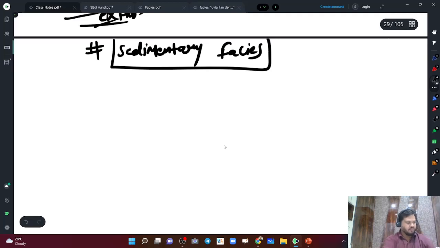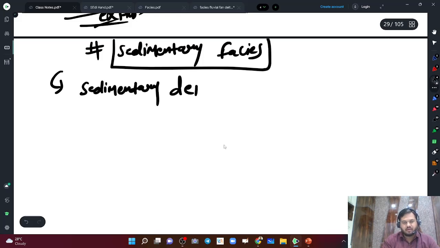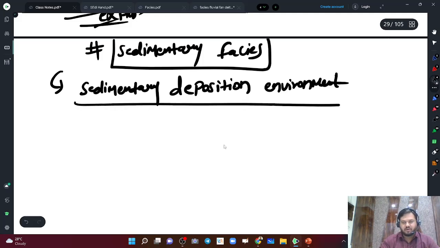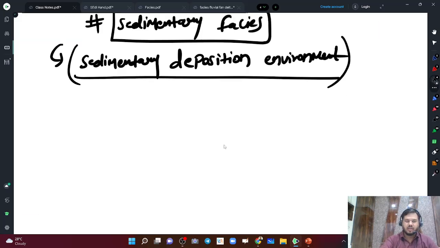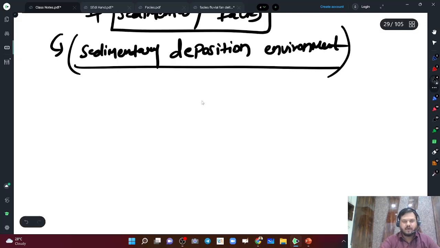Okay, so now our topic is sedimentary facies. So basically, in this topic, we will mostly be reading about sedimentary deposition environment, right? And this is the most important topic, right? All sedimentology is focused on this only, depositional environment, right? Apart from paleocurrent indicators, all those things, this is very important, right? So to start with,